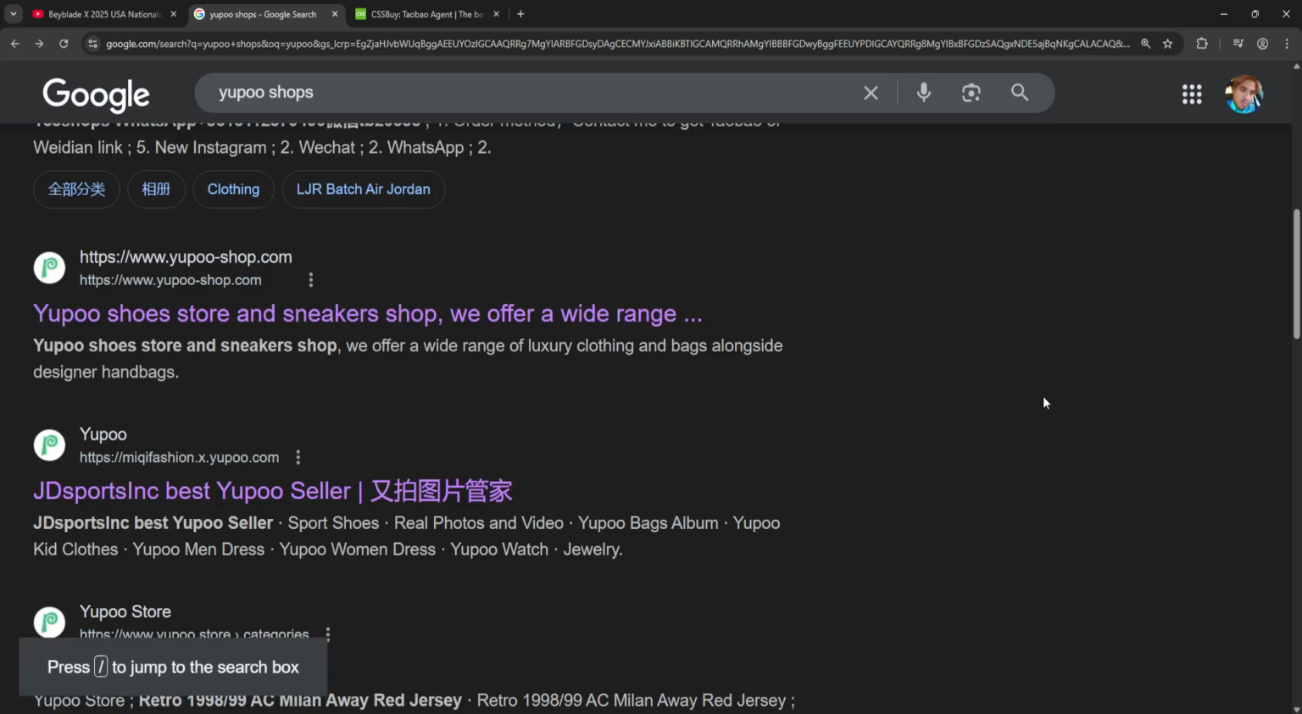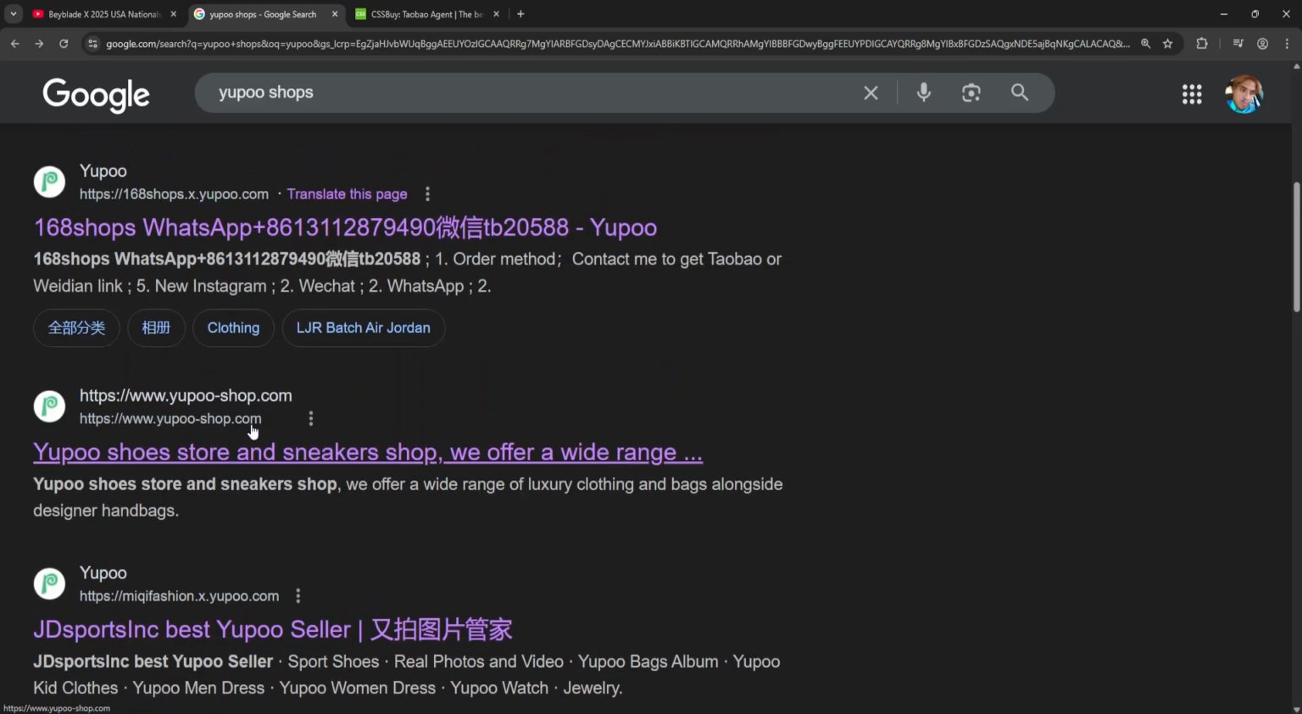How to buy from Yupoo with CSSBuy. So here's how it works. First, you need to find a Yupoo shop which you want to purchase from. I'll just go search for Yupoo shops, and let's say that we want to purchase from this one, just as